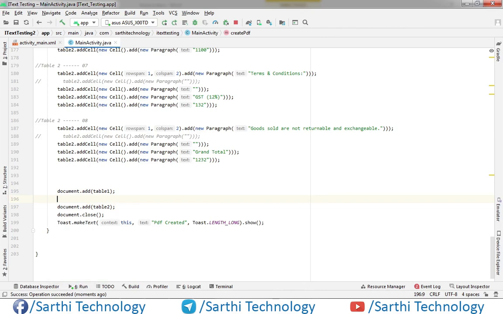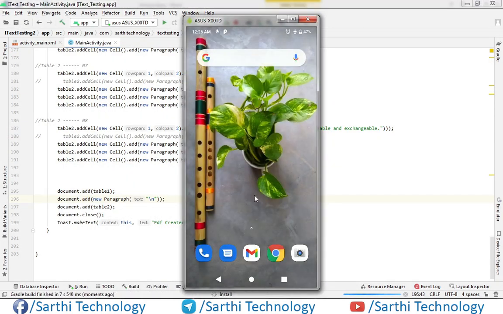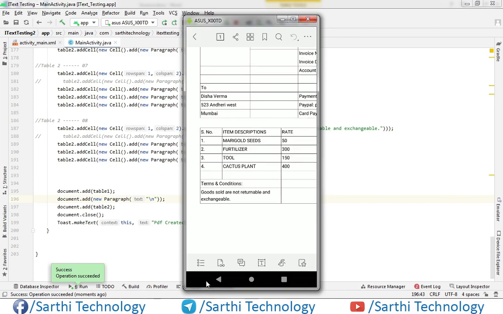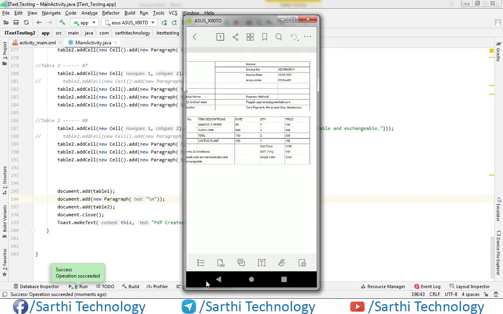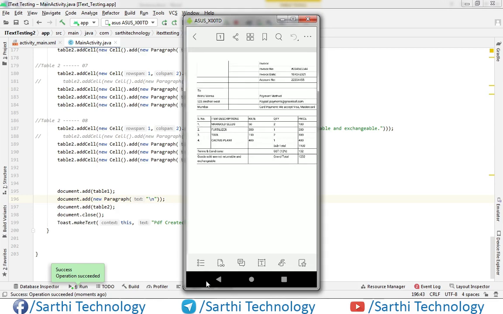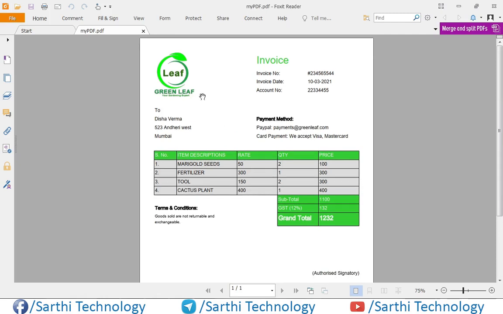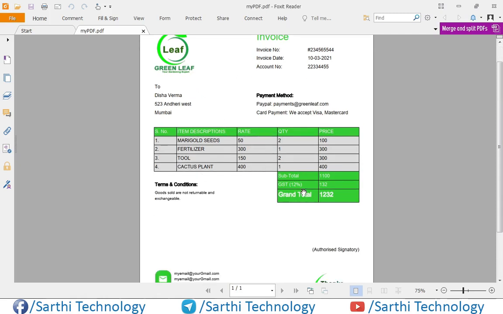So document dot add new paragraph, and here we will make one new line. Now again run. So here you can see we have these two tables. So we have this table and this table.